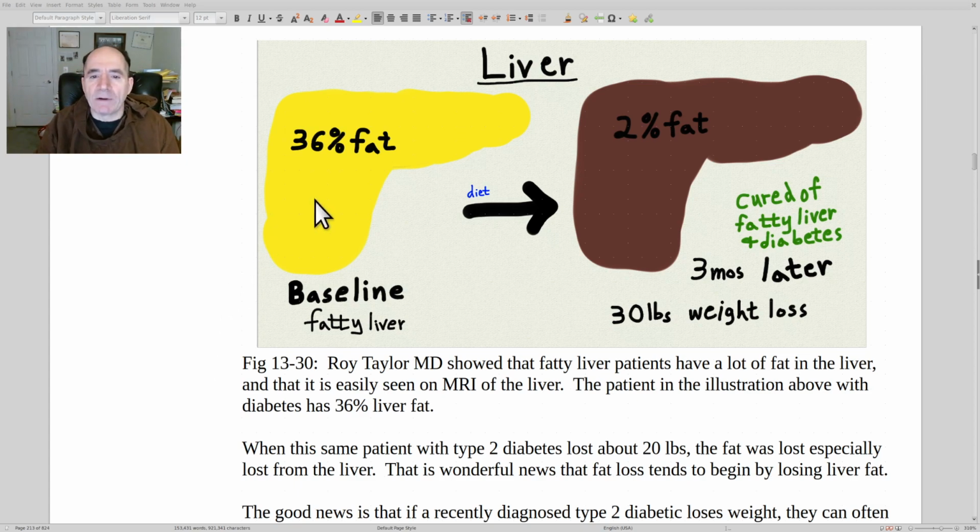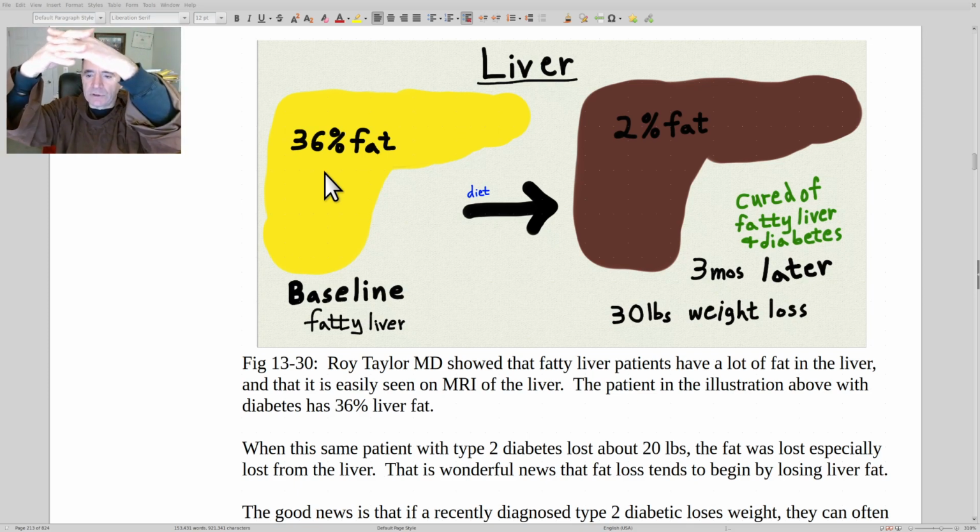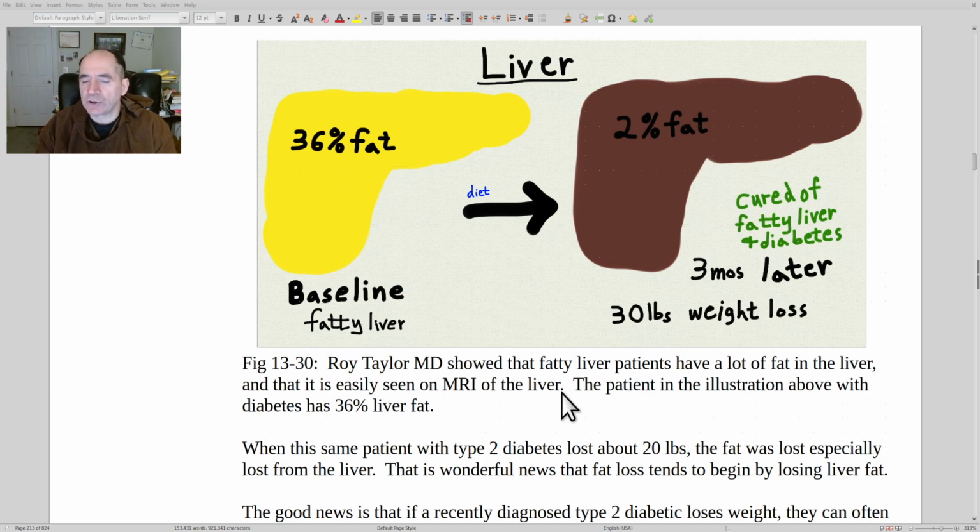And he was able to quantify the amount of fat in the liver. And what he showed was as the liver fat started going up, they started getting more and more insulin resistance. And typically he found if they've had diabetes less than 4 years and he could get them to lose 30 or more pounds of weight, it would just go away in almost all of them. So that's wonderful news. He's able to just cure them. Whereas you go to conventional medicine, they never cure a patient. They have a 0% cure rate.